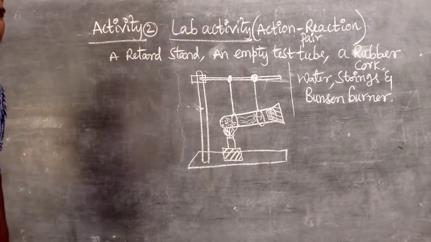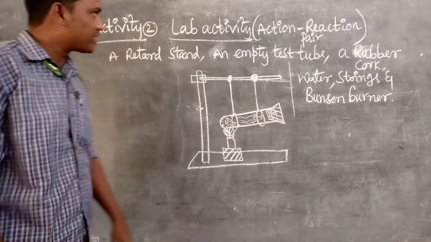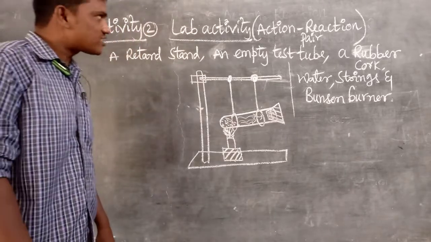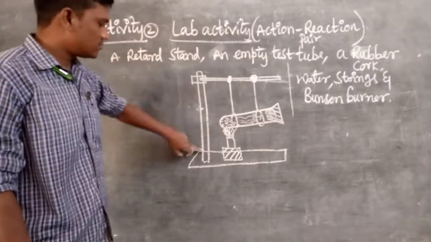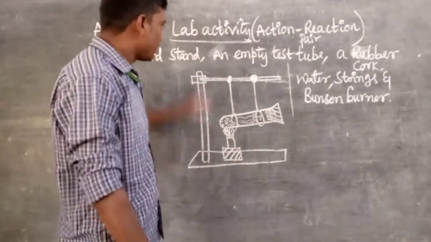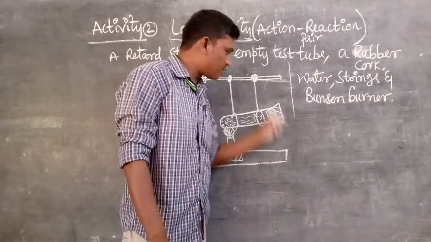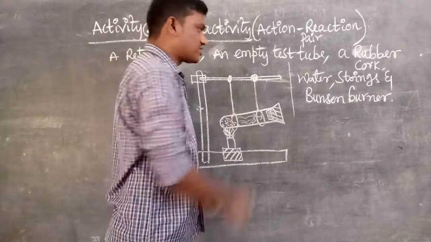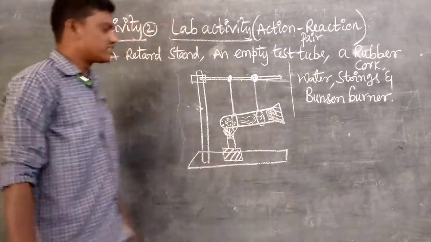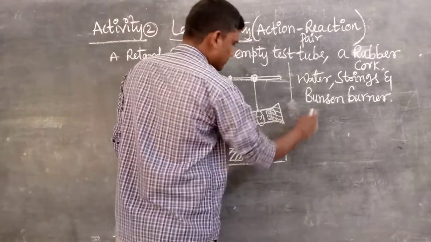So what are the materials required to conduct this lab activity to prove that action and reaction are a pair? A retort stand, this one, a laboratory retort stand, an empty test tube, a rubber cork, this is the rubber cork, water, strings, these are the strings, and it is the Bunsen burner. So in this one,